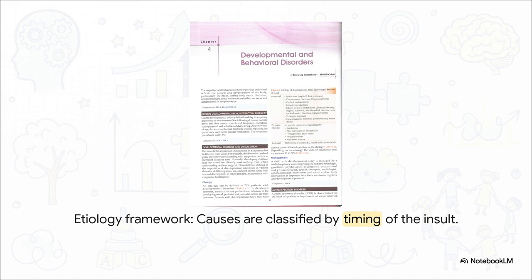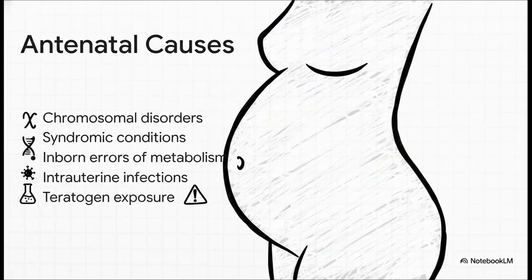Was it before birth, which we call antenatal, during or right around birth, perinatal, or after birth, postnatal? This simple framework is the key to memorizing and understanding the causes. So let's start with antenatal causes, things that happen before the baby is even born. This bucket includes major chromosomal disorders like Down syndrome, other genetic conditions like Rett syndrome, and something called inborn errors